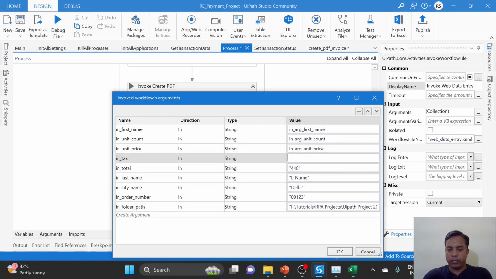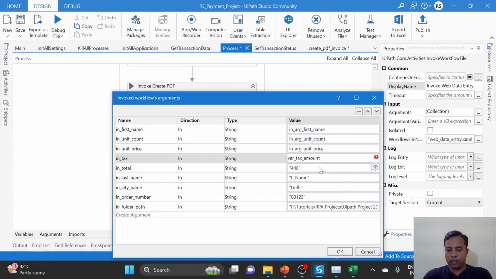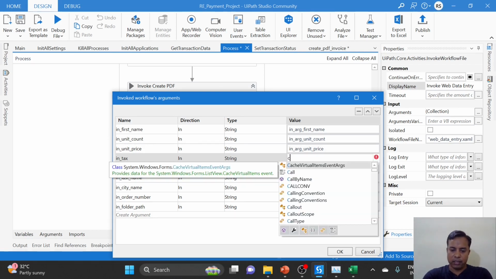Tax was calculated in a variable, so where tax amount, inside process, tax was calculated by a workflow, and that was given to a variable inside process, so we can use that variable to get the value, and we have to convert that in